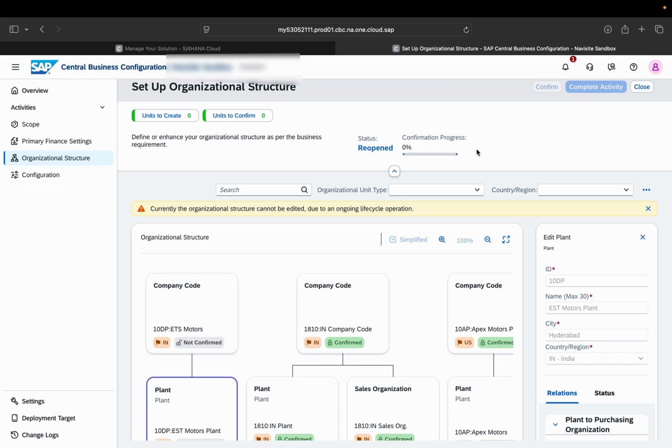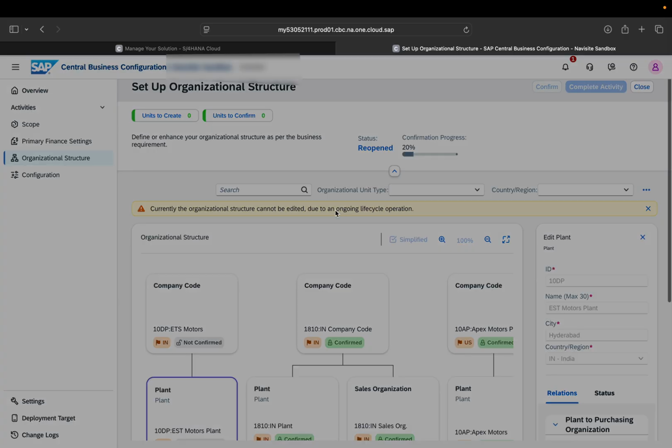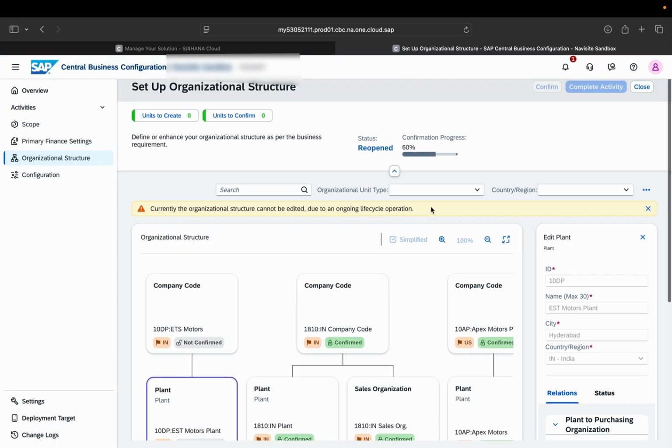So until the confirmation gets complete, we cannot perform any other activity right now. You can see that currently the organizational structure cannot be edited due to an ongoing life cycle operation. So right now it has completed 60%. Once we are done with this 100%, we have another activity that we need to perform over here itself.